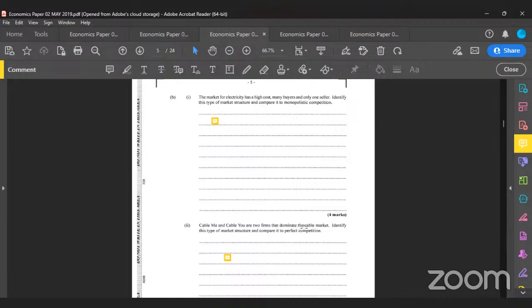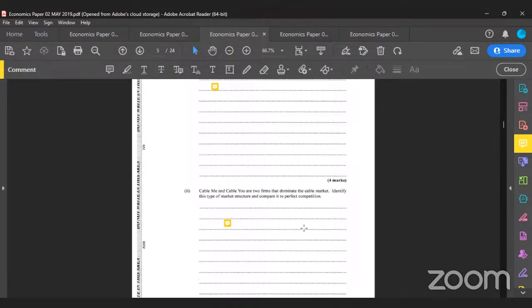Another disparity between these two market structures is the barriers to entry. So for oligopolistic market structures, the barriers to entry are high, which is why it remains as two firms. In the perfectly competitive market structure, on the other hand, the barriers to entry are extremely low, which is why firms can enter and compete away the profits in the long run. Let us press on.